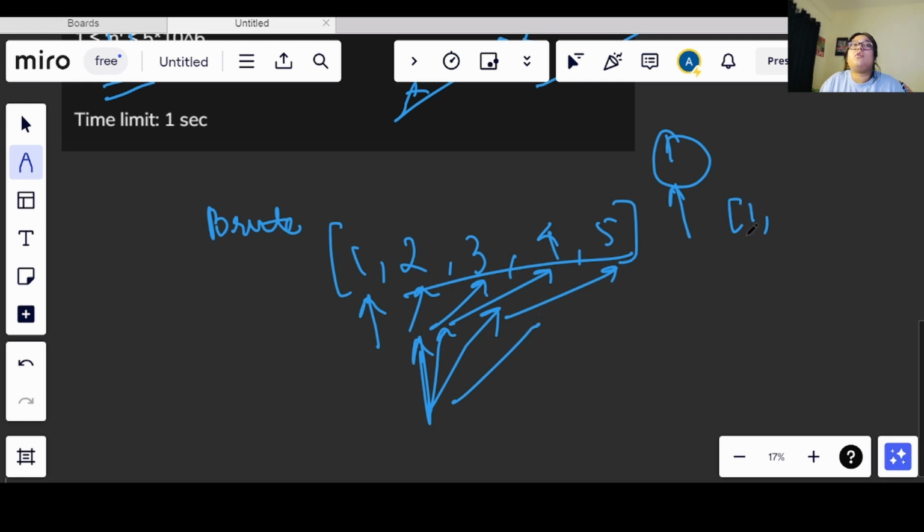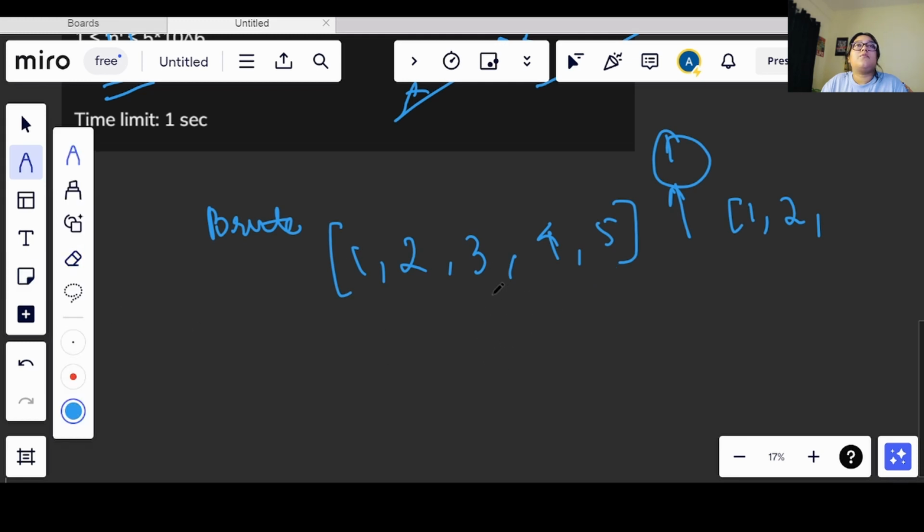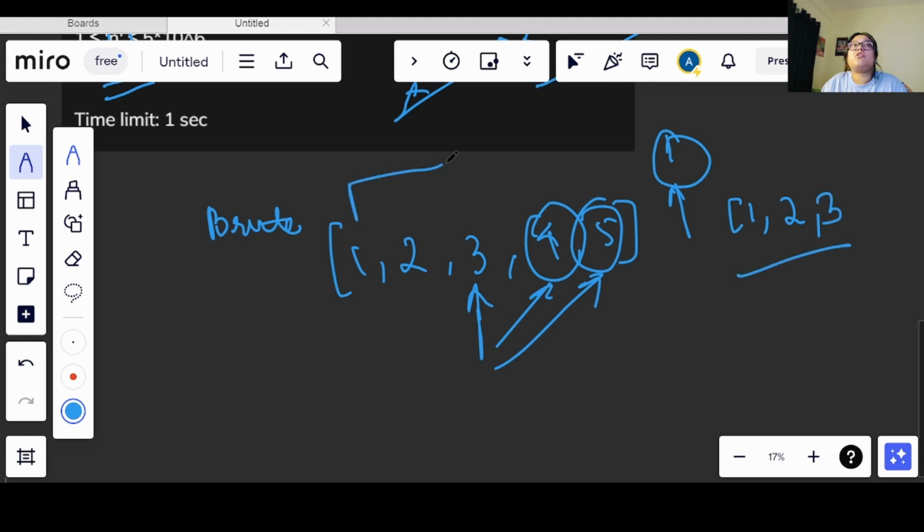So what we will do, once we see that all the values are greater than 2, we have the consideration till now that 1 and 2 are a sorted subset, right? So we have 1 and 2. Now we will start from 3, right? Then we will compare this 3 with 4 and 5, and we will check if it is lesser than 4 and 5 or not. It is correct. So now from the 0 to second index my array is sorted, right?